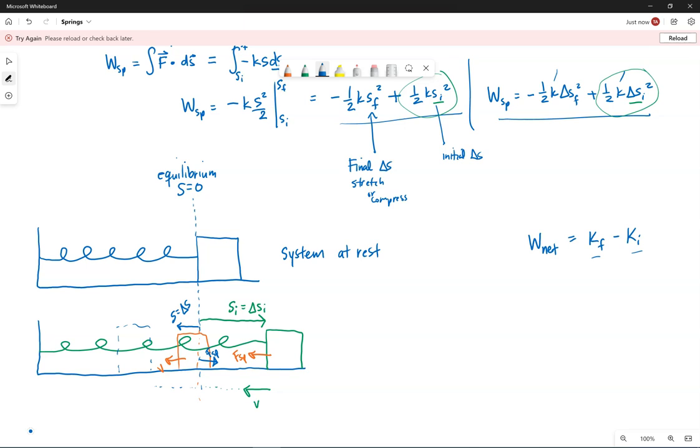This is similar. The work done by the spring depends upon two moments in time that we're talking about. And we will choose one of those moments to be something where we know the compression or stretch of the spring, and the other will be somewhere we're trying to find answers for. So springs, we'll go ahead and do a couple examples so that you can see how to account for springs